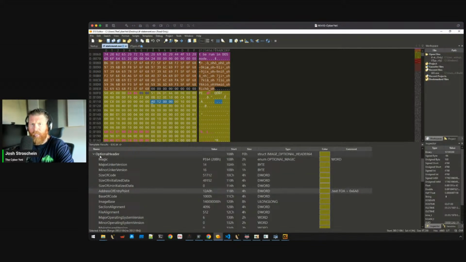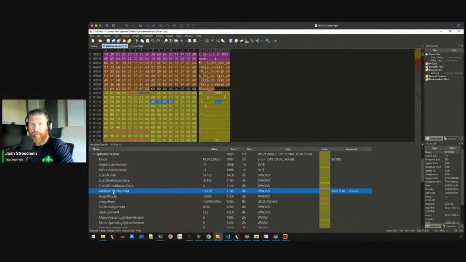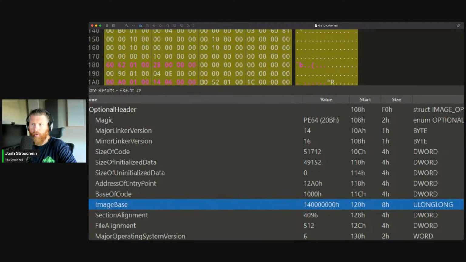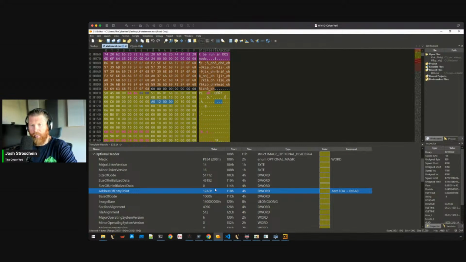Okay, so the optional header. Yeah, you're probably right, it's probably indicating that it's a 1 bit inside. So we have, again, a number of fields here. It all depends on what you're looking for, but generally speaking, the address of entry point and the image base are going to be two fields that are relevant or helpful. The address of entry point is where, once loaded into memory, execution of code will begin. I like to point this out because when we get into reversing,